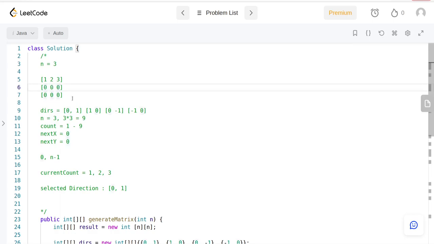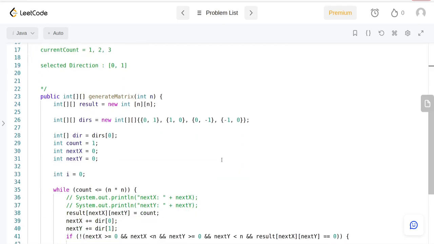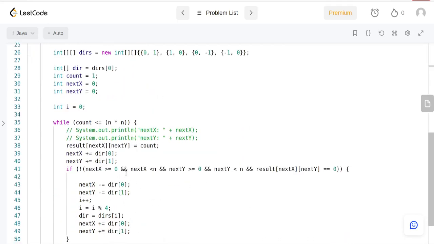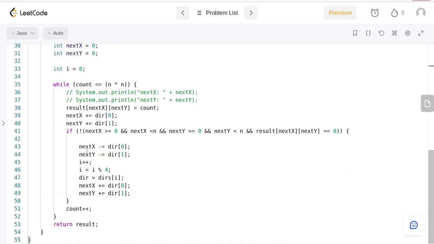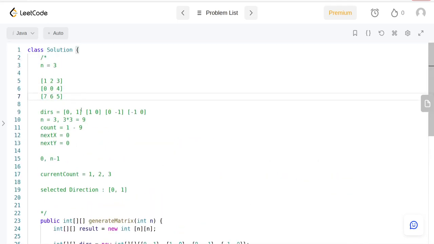So basically what will happen is you're going to be filling up 4 and then 5, you will hit the boundary. We will go in that loop, which will change our direction. We'll fill this up 6 and then 7. We will hit that if statement again, and that will change our direction. We'll start filling it up again going upward,